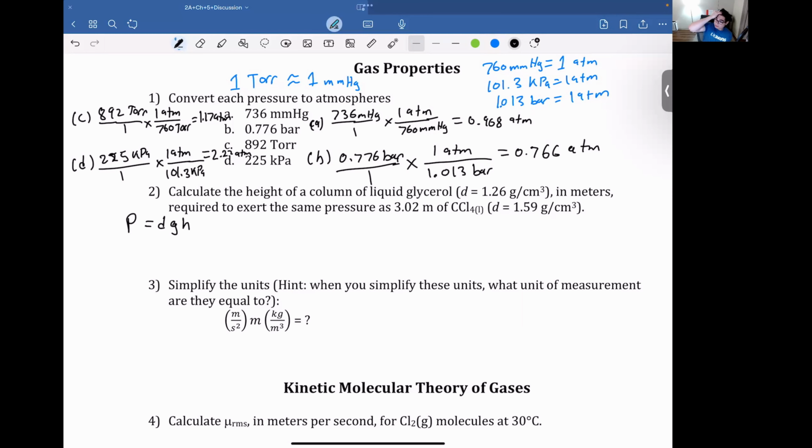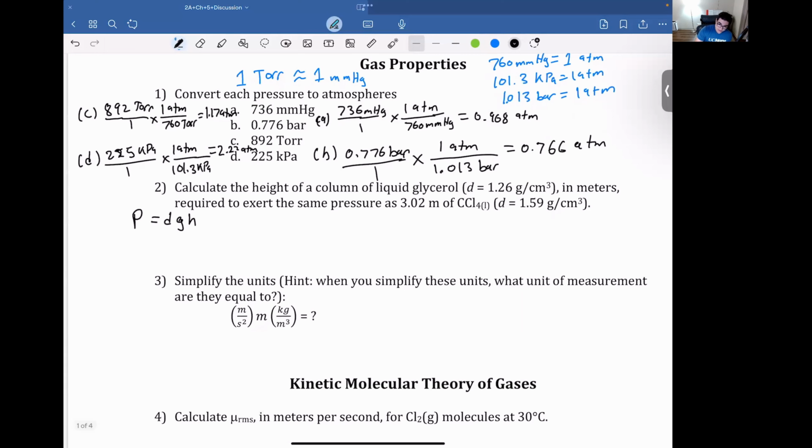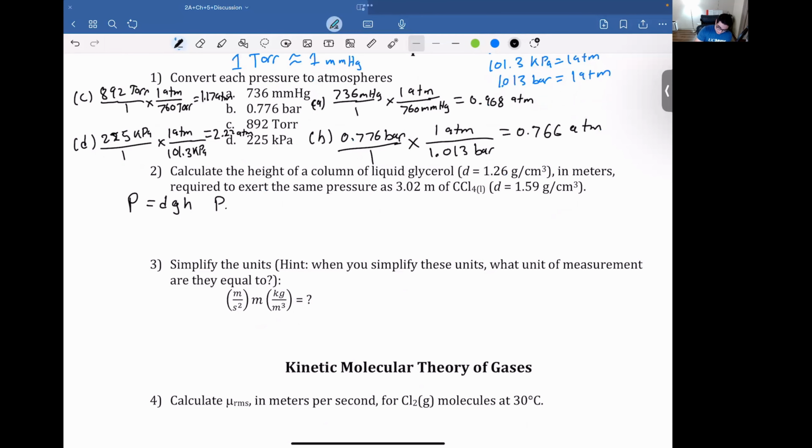So first, what we want to do is figure out how much pressure is exerted by the carbon tetrachloride column. So how do we do that? We can say the pressure exerted by the carbon tetrachloride is equal to the density of the carbon tetrachloride times gravity times the height of the column, which is,